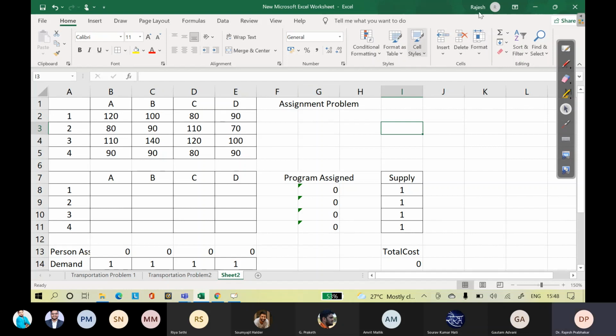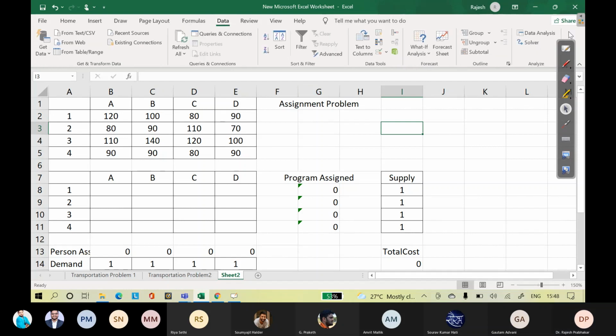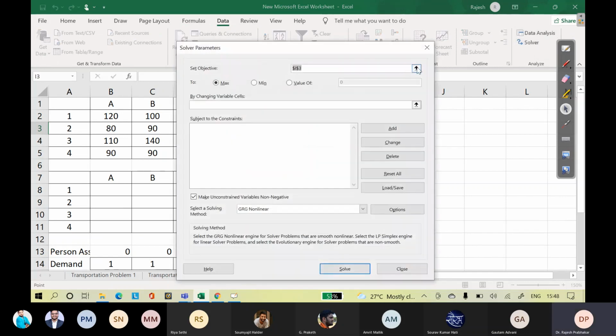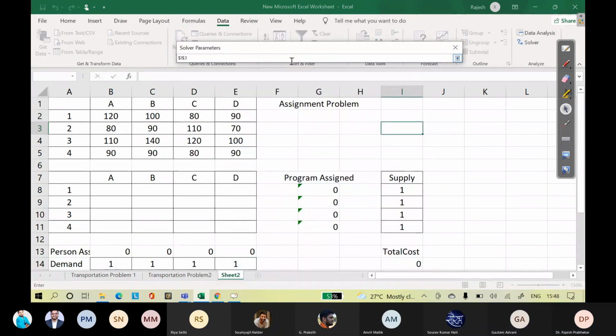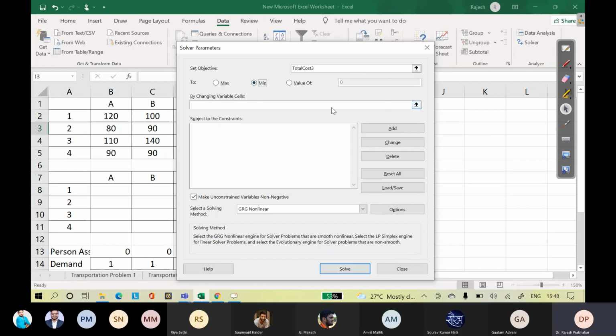Okay, shall I start the solution? Solver, total cost 3. Total cost 3, minimize by changing the cell assignment.